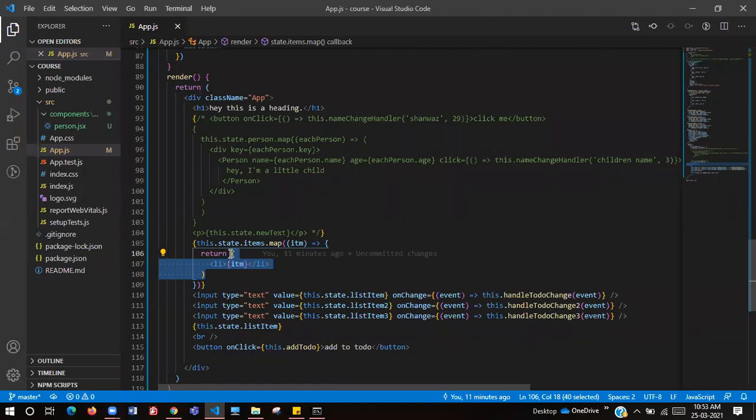You are not doing that either. And you have to close the this.state.items JavaScript expression.